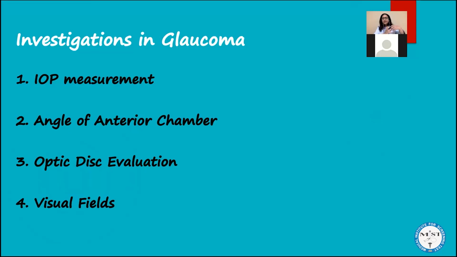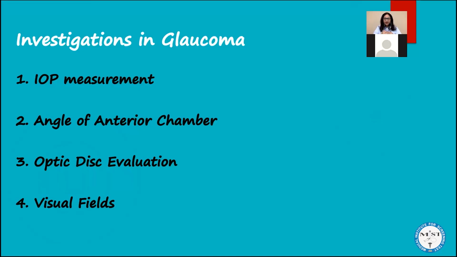So we discussed that the angle of anterior chamber is important for drainage. So whether this angle is open or this angle is closed and causing obstruction to the flow of aqueous, I have to know that. The third thing is I have to examine the optic disc, that what are the changes in the optic disc which are there. The fourth one is your visual field examination, that is the perimetry. That will tell me what type of changes are there and whether they are progressing, so that I can